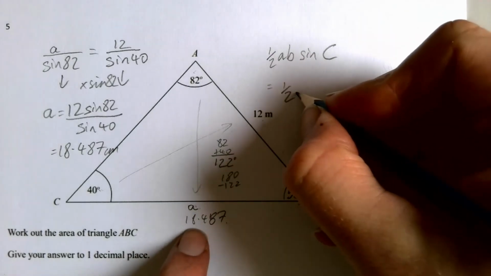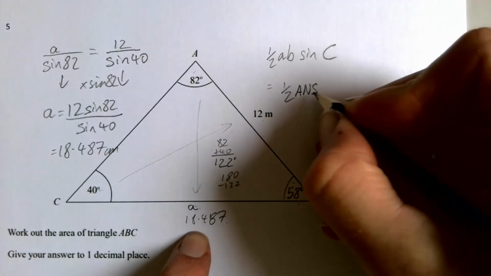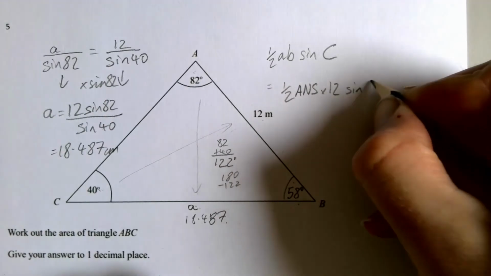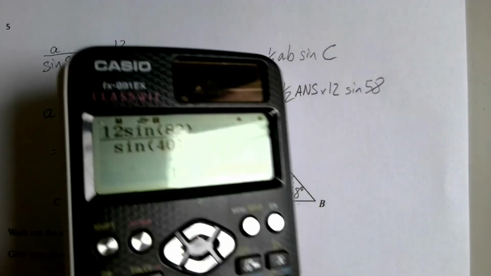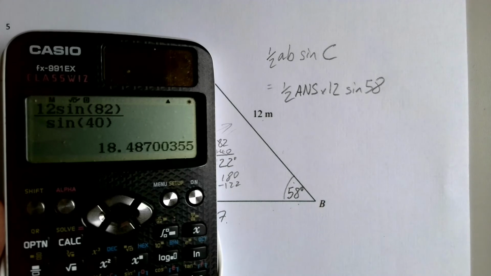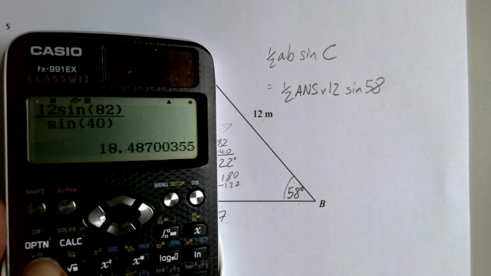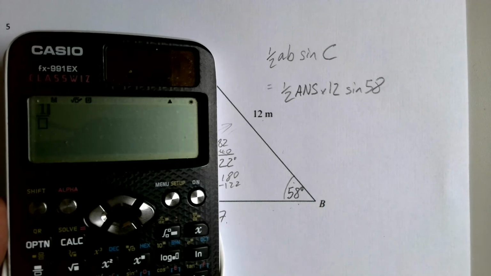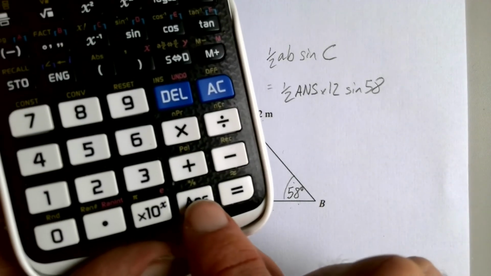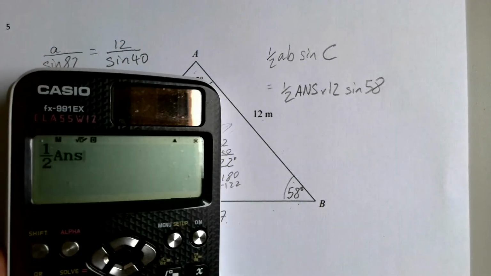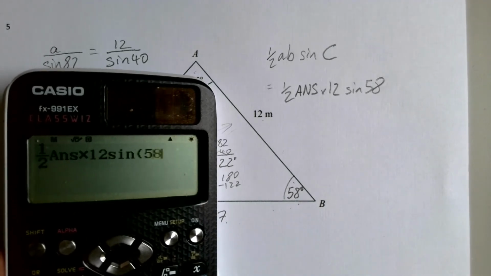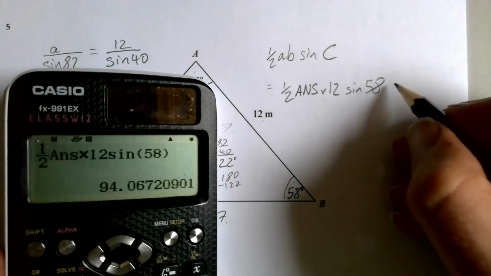So we're then going to be using a half ab sin C, where we've got this distance here. Now instead of that distance there, I'm going to write ANS times 12 sin 58, and the reason for that is the last thing that this calculator worked out was 18.487, so it'll give me the exact value if I now just start typing my next question, 1 over 2, and then hit the answer key, which is just down there. Hit that, that puts that in there, and that means that the memory recall has kicked in, and we've got sin 58, close brackets, hit equals, and that gives me